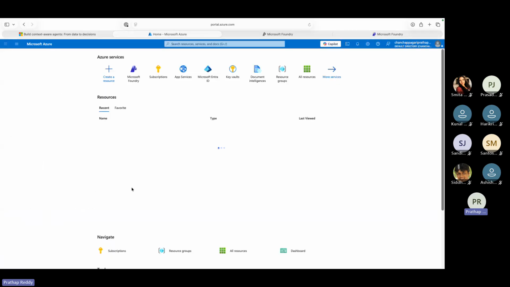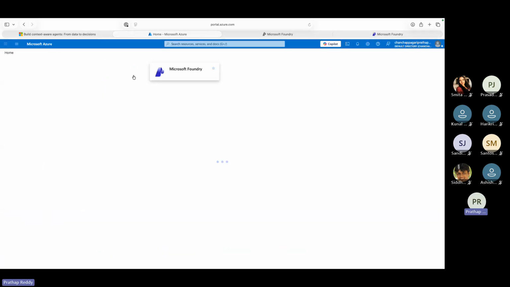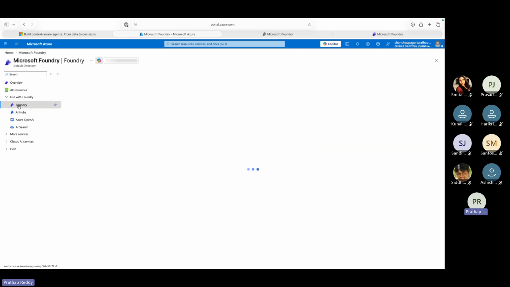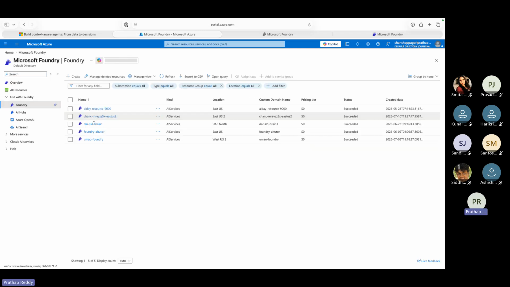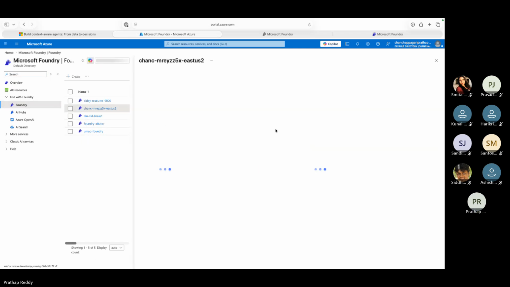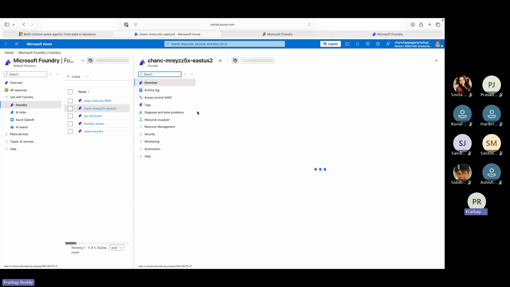Just tap on create. Tap on Foundry again here, select any resource, and tap on go to Foundry portal. It will redirect you to Microsoft Foundry. We now have two Foundries: one is the older version and the other is the new version. You can use either, but if you want to utilize Microsoft Foundry IQ, you had better use the